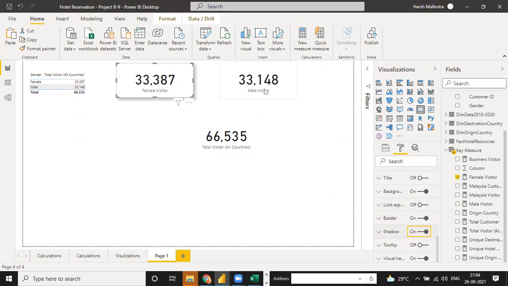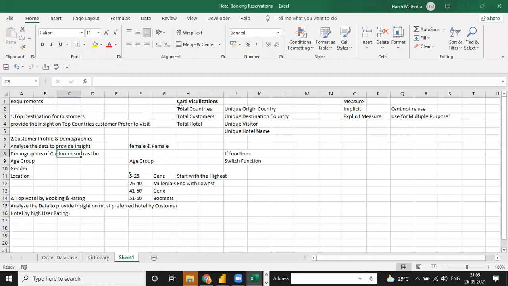Because the dim table is very easy, it has no duplicate values, right? Right, in the dim table we have no duplicate values, which makes it very easy for our project. That is the reason that in the beginning I always split my fact table into two or three dim tables, because every time we need customer, country, or this kind of data. In this destination we need country-wise data, customer-wise data, and hotel-name-wise data, so you have a separate table for customer, for country, and for location also.